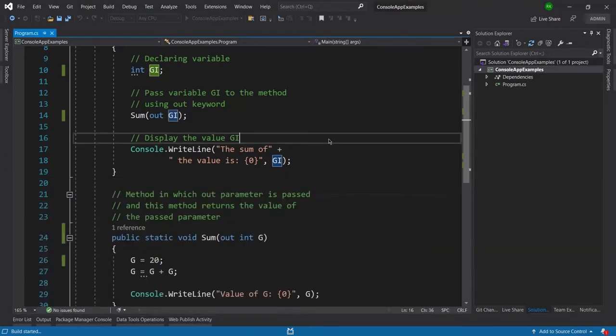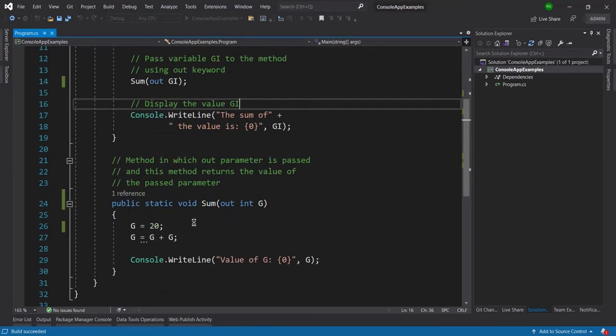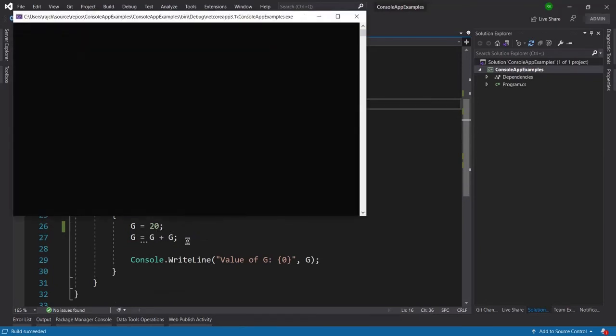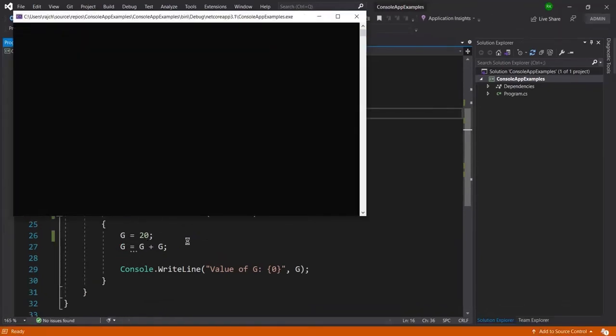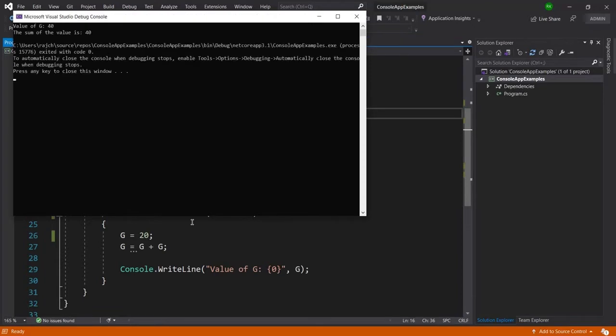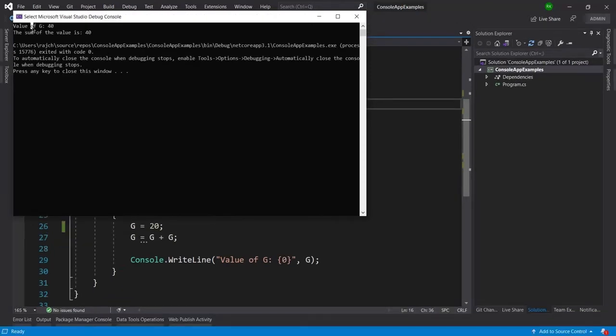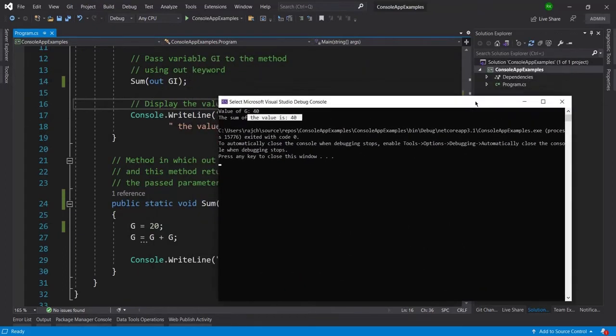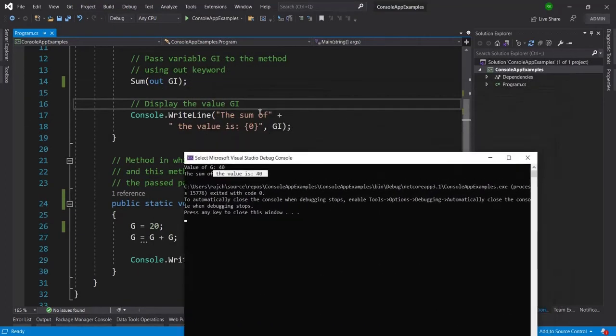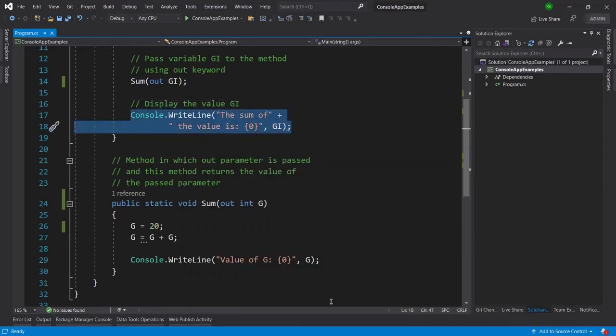And here you will see that the output will be 20 plus 20, which is 40. The same value will be for G as well as for GI. So you can see here the value of G is 40, which is printed from line number 29, and again the sum of the value is 40, which is also printed from the caller method, sorry, this one from line number 17. Okay, so